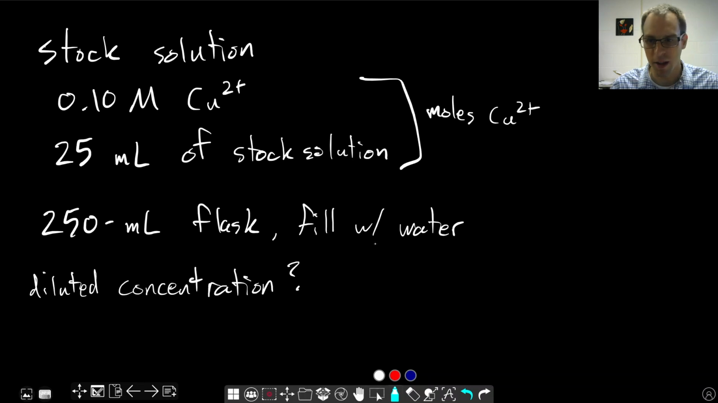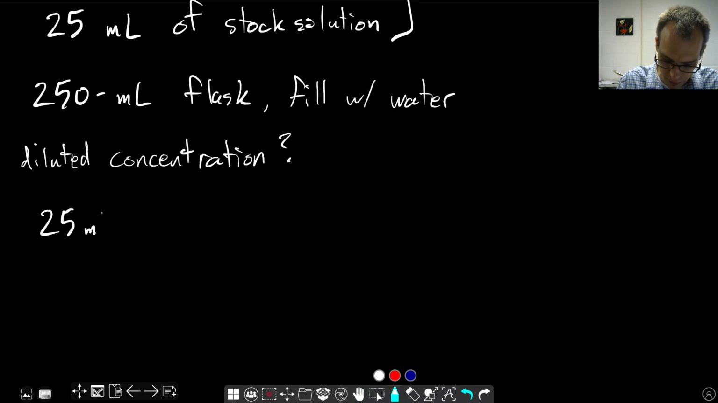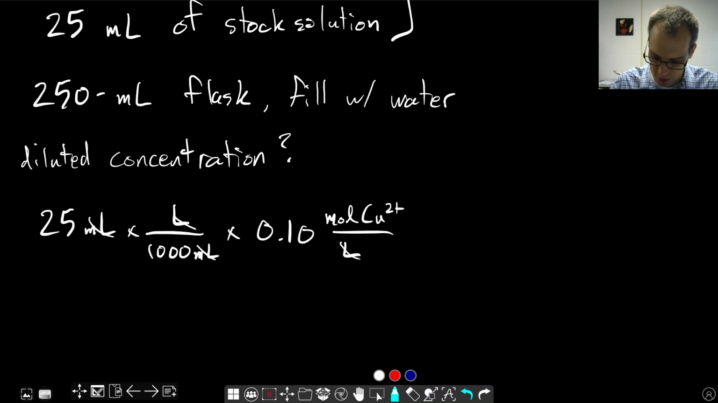So if we remember the definition of molarity and what we talked about in the previous video, if we multiply these together, 25 milliliters, convert it to liters, times our 0.10 moles of copper per liter of solution. Our milliliters are going to cancel, our liters are going to cancel, and we're going to get moles here. And this tells us that we'll get,